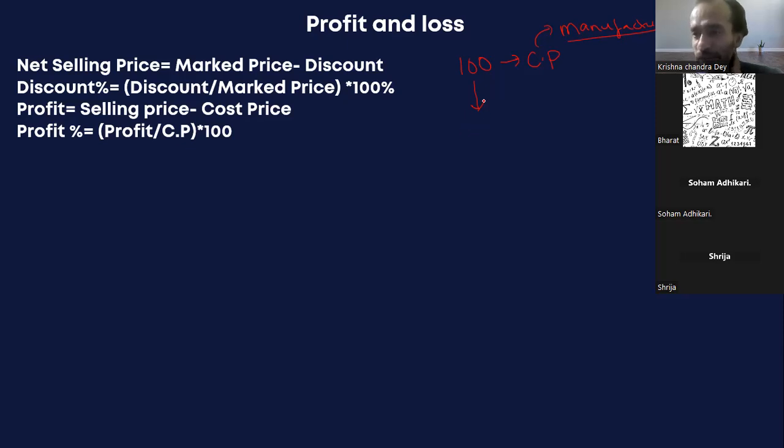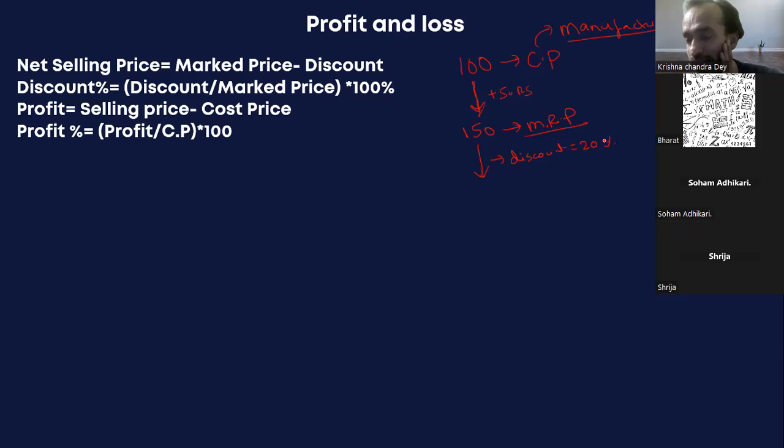They want discounts. He will increase the price by some amount. Assume that he increased by 50 rupees. He is hiking it by 50 rupees and putting the MRP as 150 rupees. This is the level that he will stick on the product, right? 150 rupees. On this, he will give some discount, right? Assume that the discount is 20%.